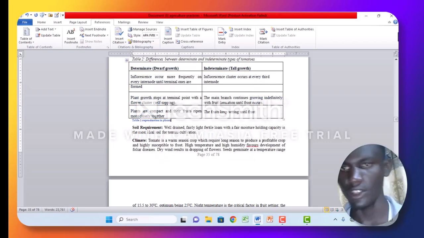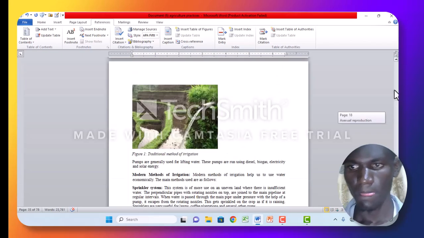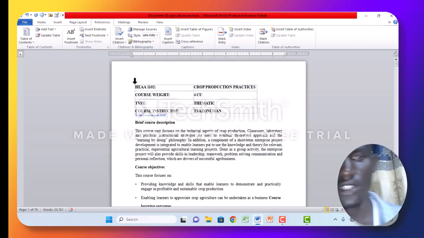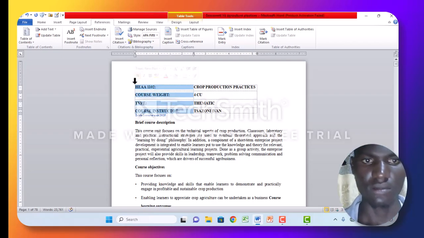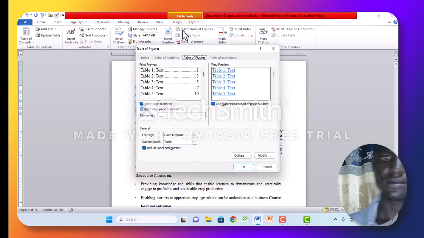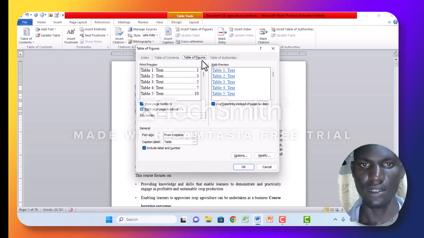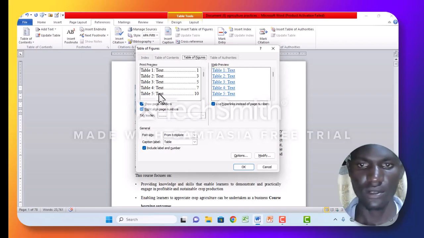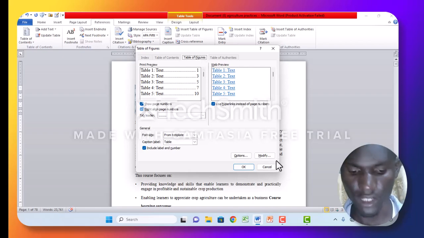So after doing that, what you do next, you bring your cursor to where you want the name of your table to appear. So you put your cursor there, and then you go to Insert Table of Figures. But in our case, it is not a table of figures, it is a table of tables. So here you can also do some other changes,